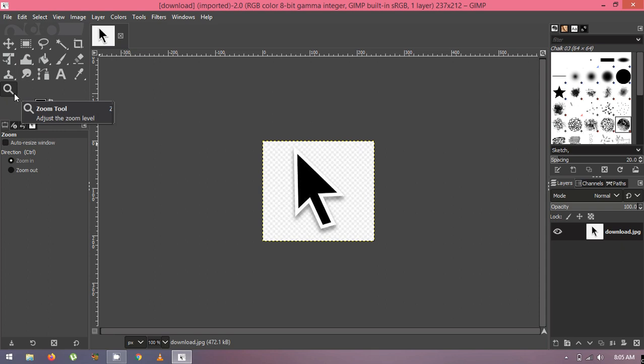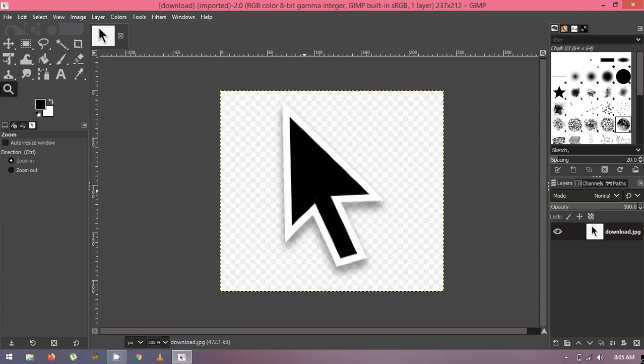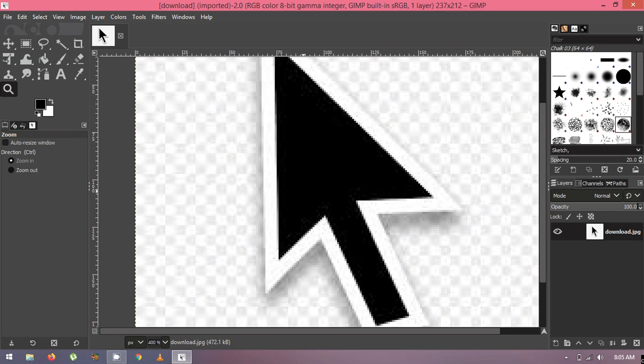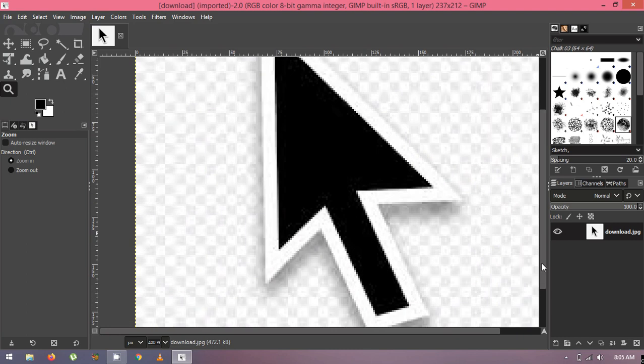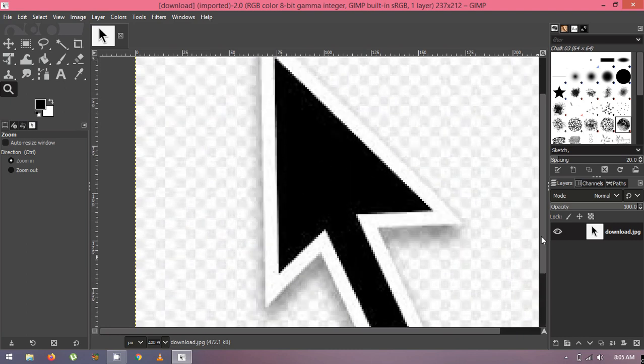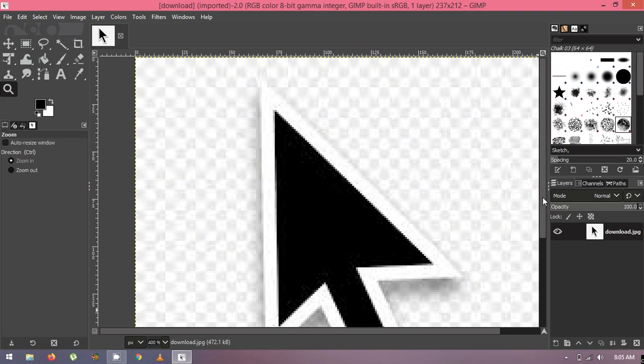This is your Zoom tool. Just select on that, and afterwards click on the picture or the portion of the picture from which you want to see the large size. Like I am clicking on the picture, it presents me the larger view of the picture. Now I can see the details by using the scroll bars like this. So this is zoom in view, and I want to zoom out, means now I want to reduce the size.